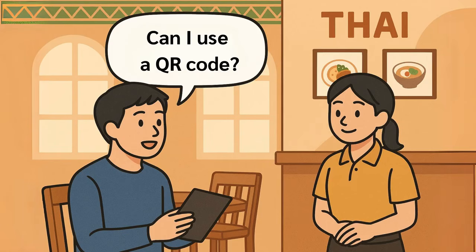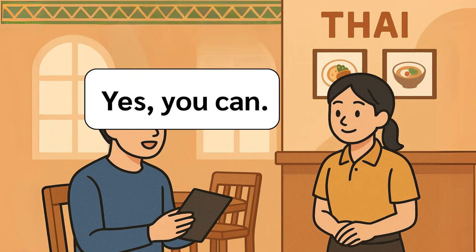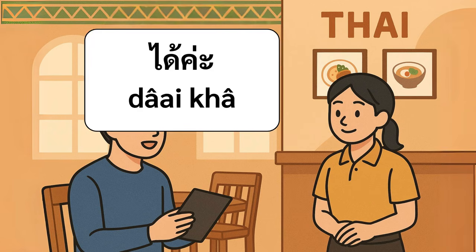Can I use a QR code? สแกน QR code ได้ไหมครับ Yes, you can. ได้ค่ะ